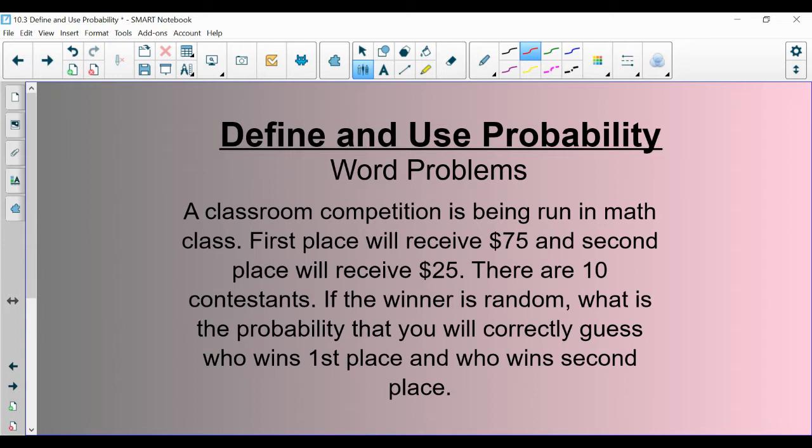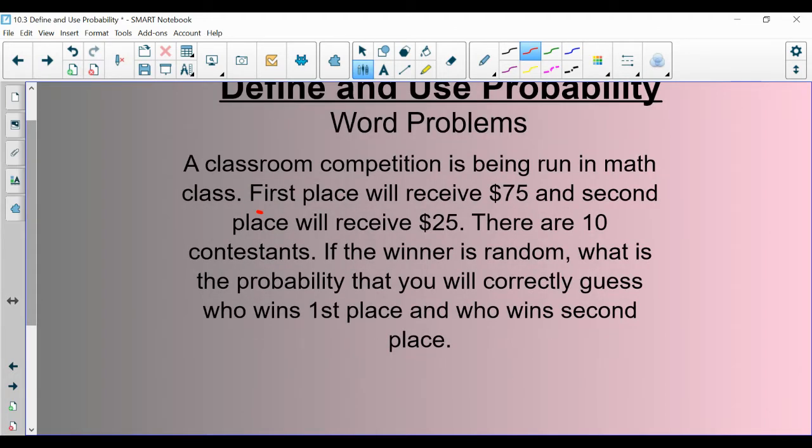This problem says, a classroom competition is being run in math class. First place will receive $75, and second place will receive $25. There are 10 contestants. If the winner is random, what is the probability that you will correctly guess who wins first place and who wins second place? So in this problem,